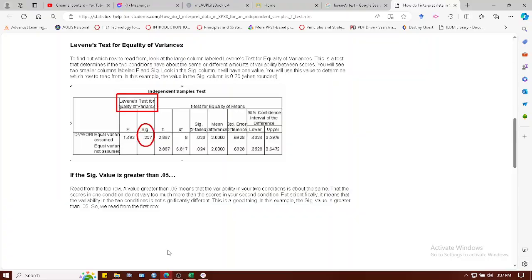So this is what I told you about the importance of the Levene's test for equality of variances. Based on this, statisticshelpforstudents.com, you can see that if the sig value is greater than 0.05, which is the significance level we usually use in our research, then we read from the top row.